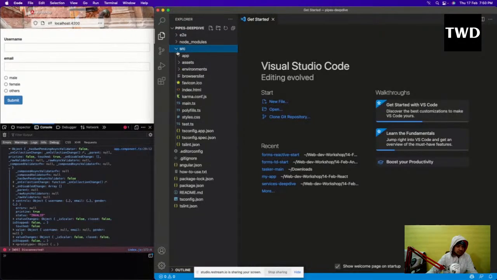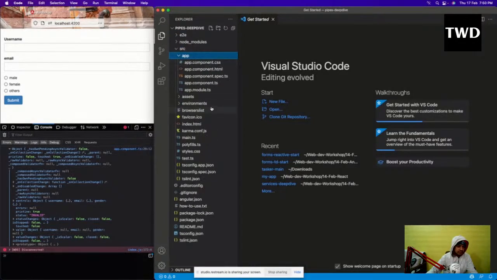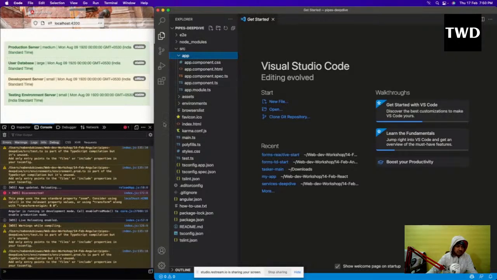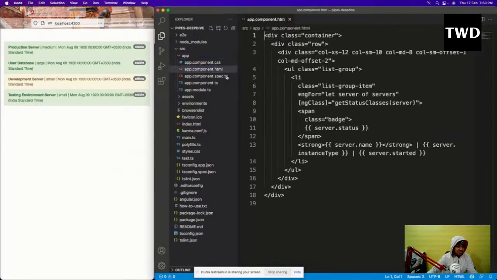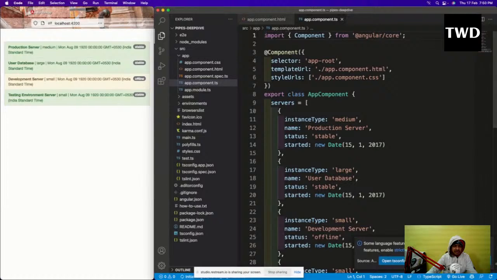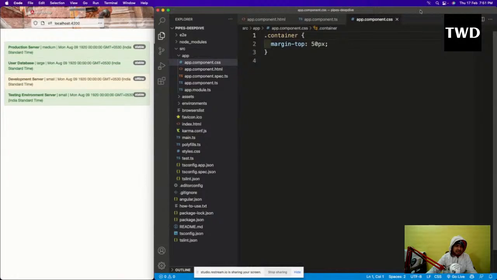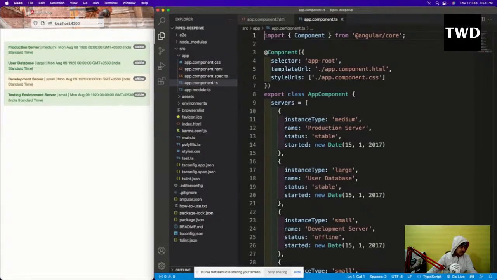So what is our project all about? Our project has this thing like this, and it is showing correctly. We just have a table, and then the ts file is again having an array of objects, and we're showing this, and some colors are also there. Okay, so those things are there.